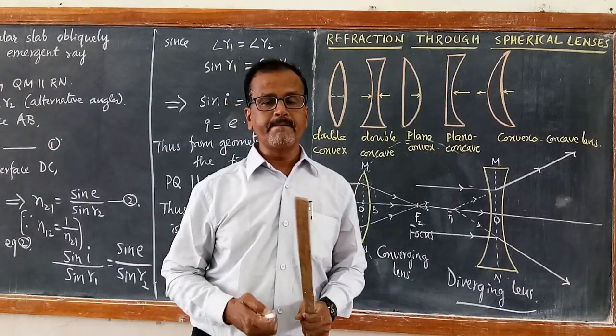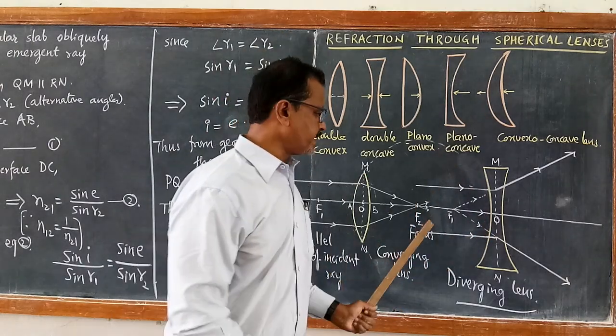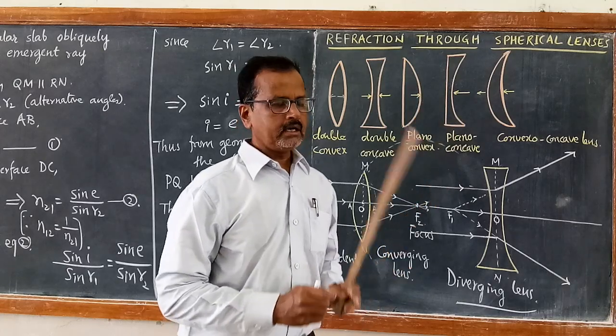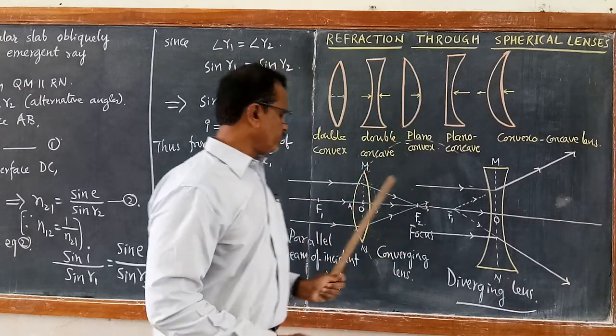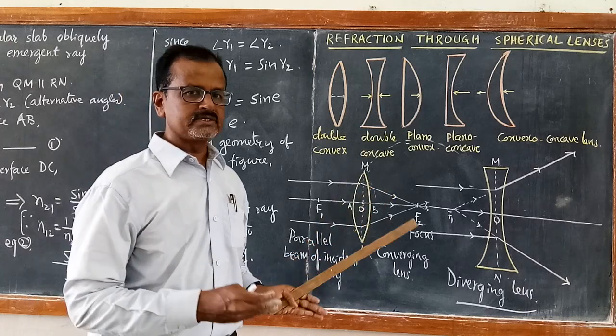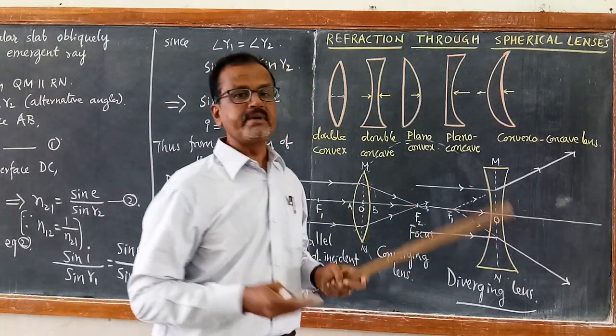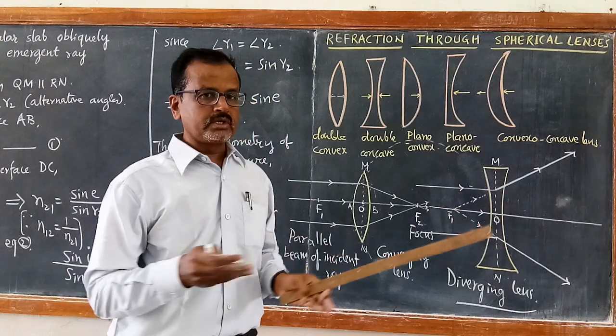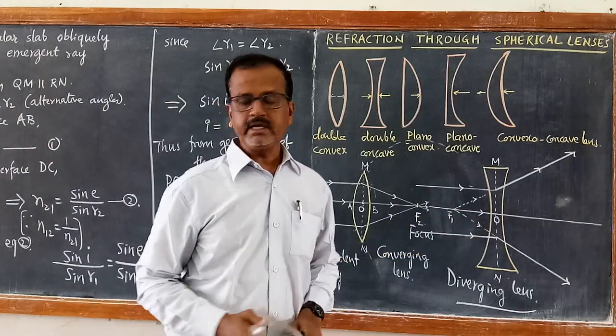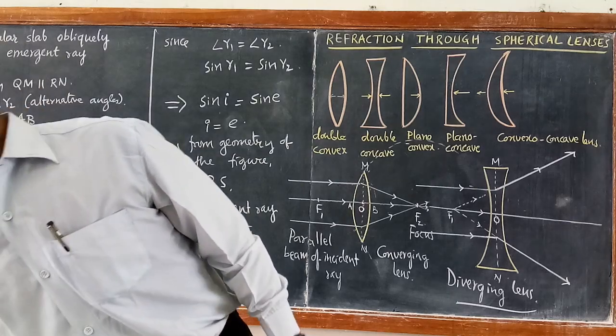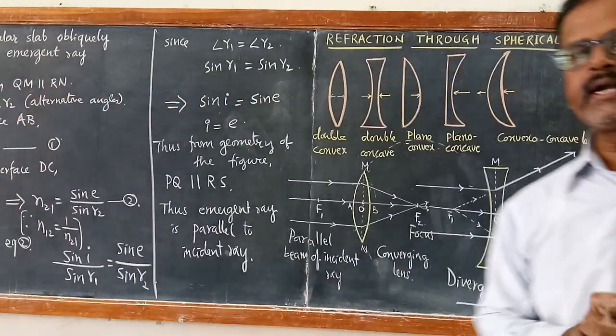Now mainly we are studying image formation by a convex lens and image formation by a concave lens. As we have studied the mirror formula, we are going to study the lens formula and images, how the convex lens makes real images and how the diverging lens, that is the concave lens, makes virtual images. All these things we are going to study in detail. So you need to learn how to draw the ray diagram.